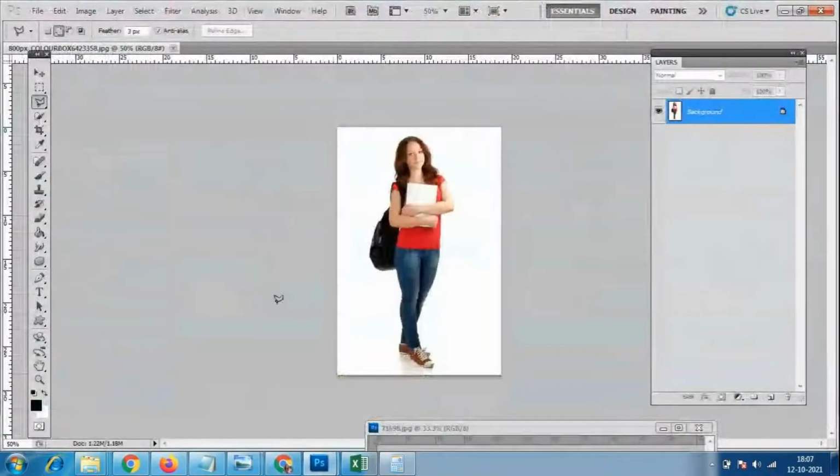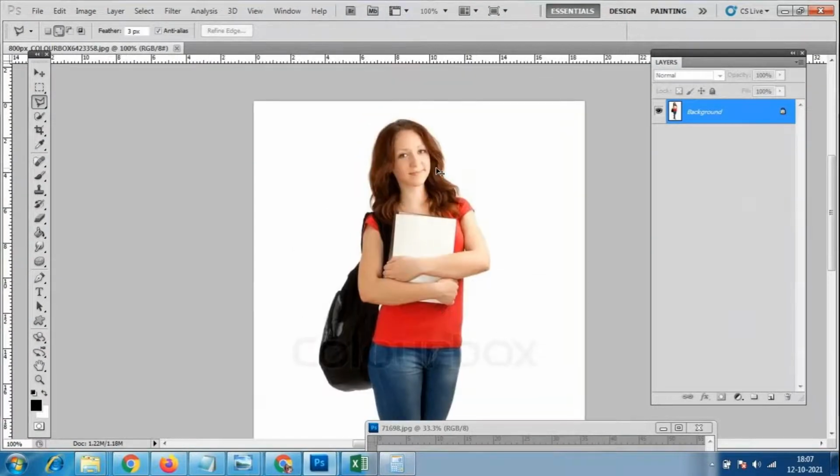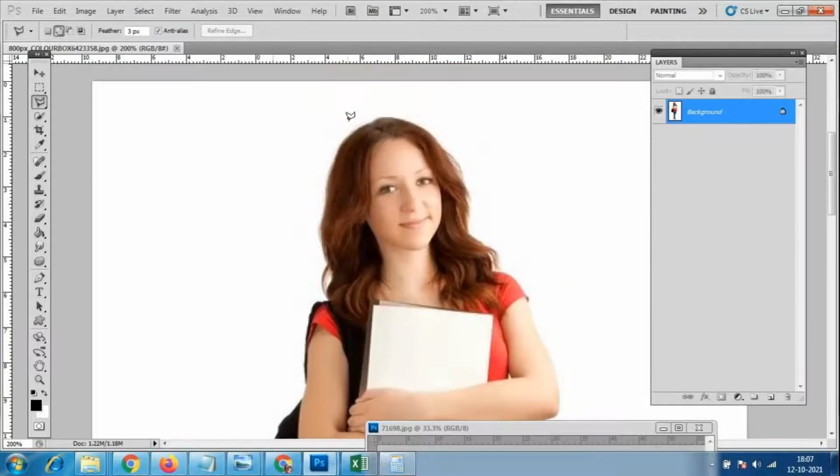So what I'll do, a little bit, I'll zoom it. Now I will start with the particular area. I'll go to here, from the head I'll start. You have to click single points. No need to worry, it should come very neatly. Now I have to select this much area, so neatly it should come. What I have to do is select it like this.